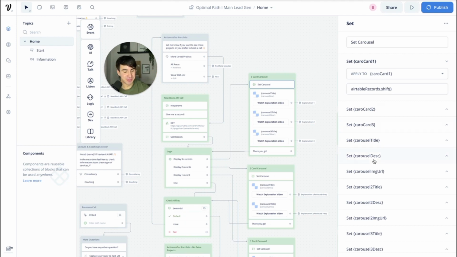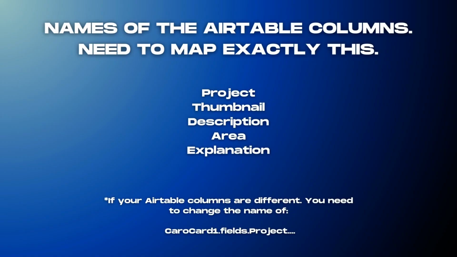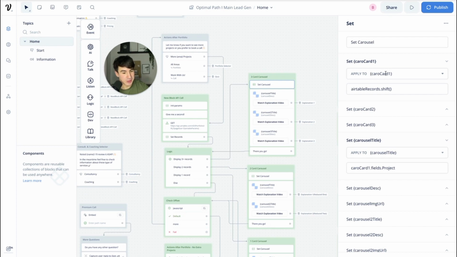Okay, so as you can see here in carousel title, we have carocard1.fields.project, and it means that we are using this variable because this way is the only way that we have to extract that key information that we actually want and display it in a carousel. Okay, so we actually need to set this variable first, and then with this variable that we set up here,